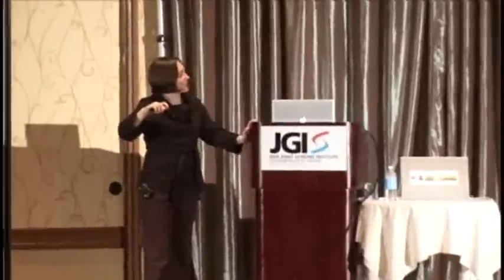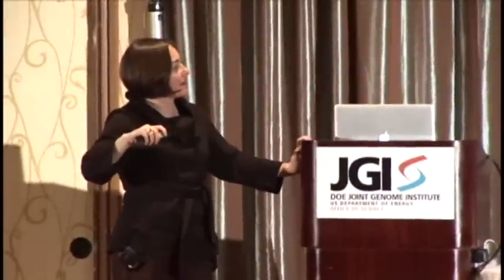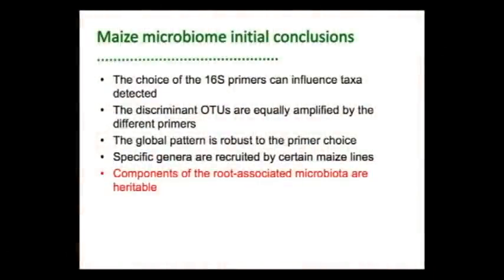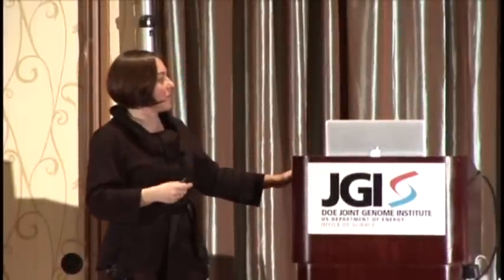So we're finding that the choice of 16S primer can influence, to some degree, the taxa detected, but the discriminant OTUs that we pull out that discriminate between the plant genotypes are equally amplified by the different primers. So this is very robust to primer choice, which is really good. So the global pattern that we see of being able to differentiate the plant genotypes is also robust to primer choice. And we see specific types of bacteria that are being recruited by specific maize lines. So we've clearly got components of the root-associated microbiota that are heritable, at least from this initial study, and we should know a lot more about this by the end of April when we have our full 500 samples